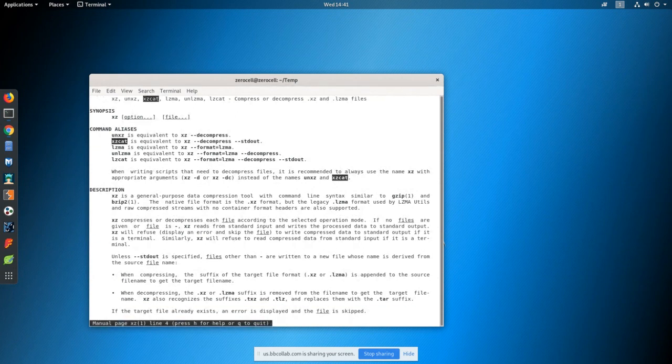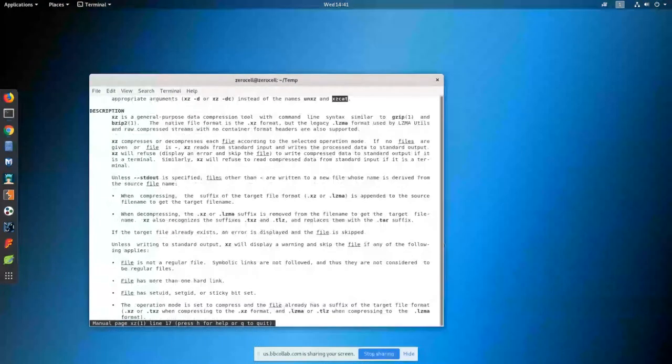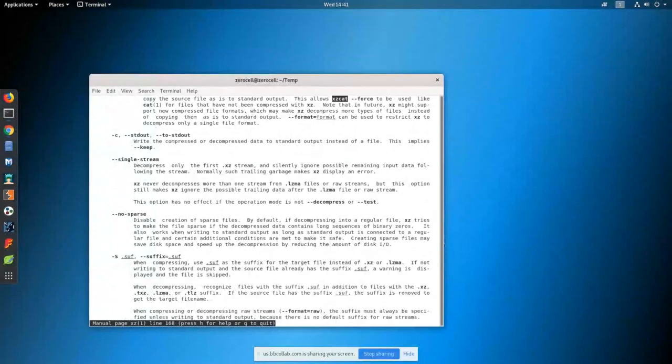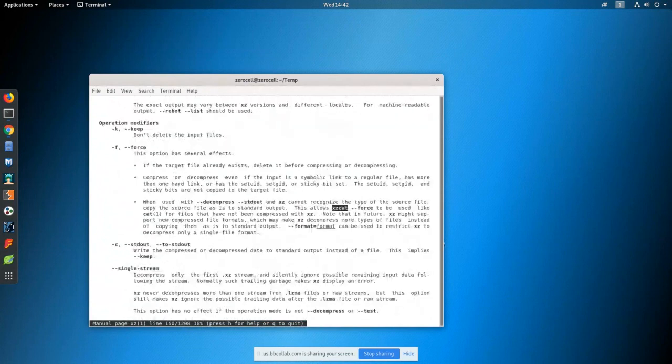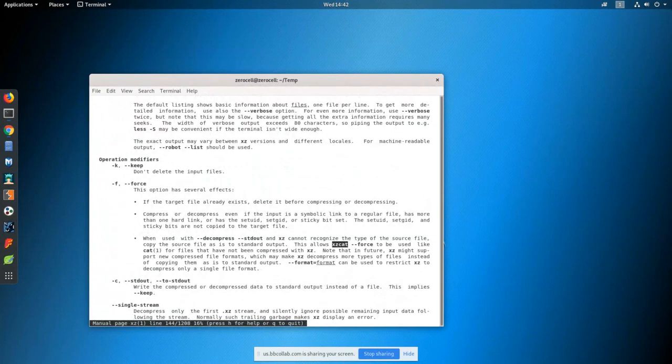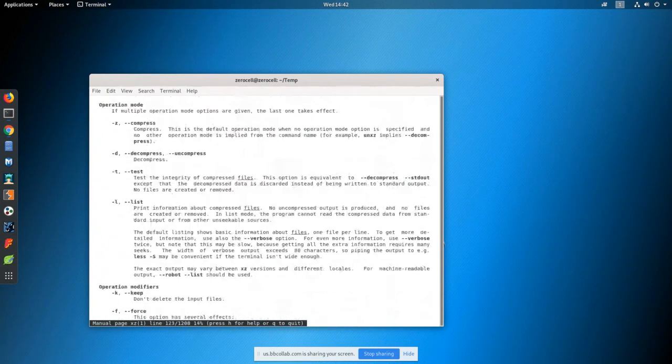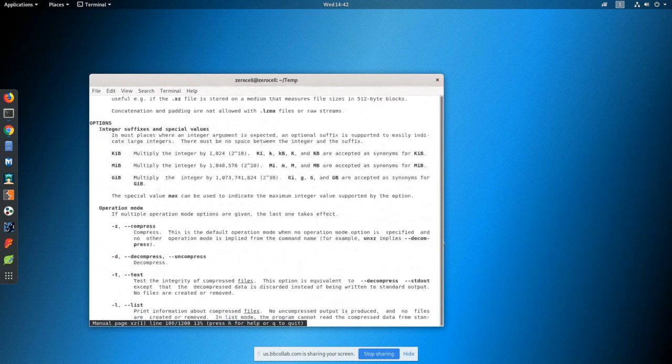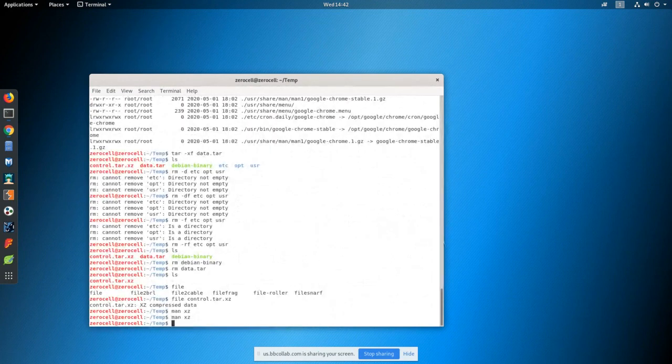But what I don't necessarily want to do is pipe all of the files' output over to my terminal. So I'm just going to